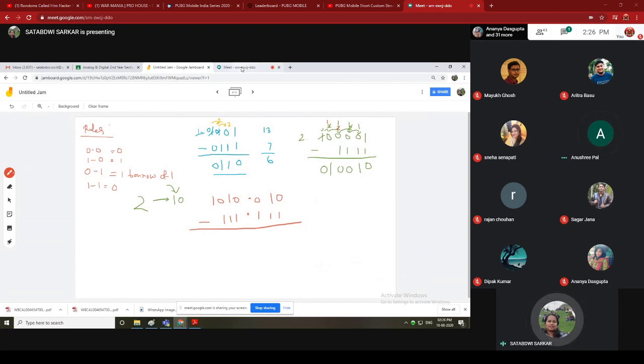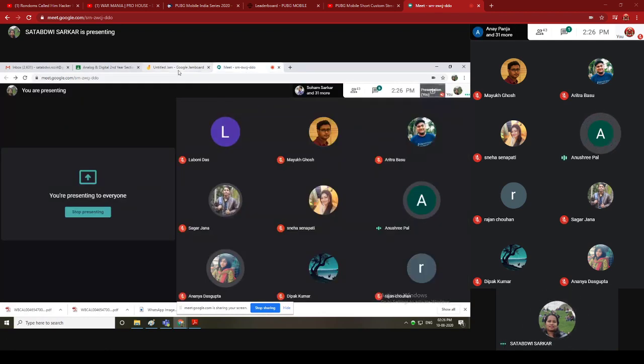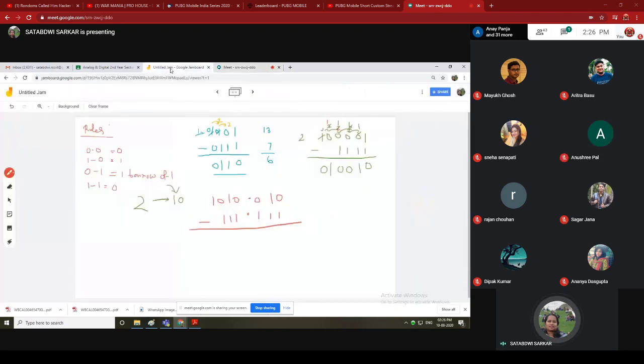Mute করো, কারো একজনের unmute আছে, mute করো।